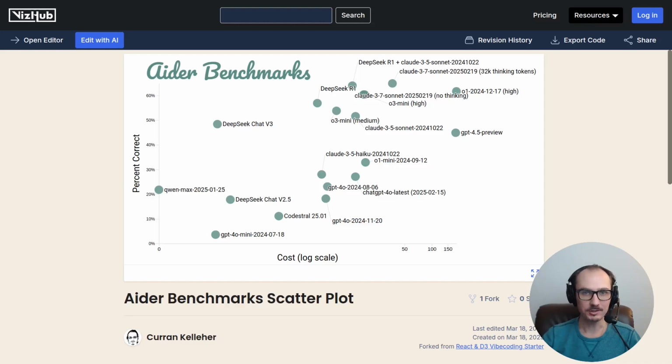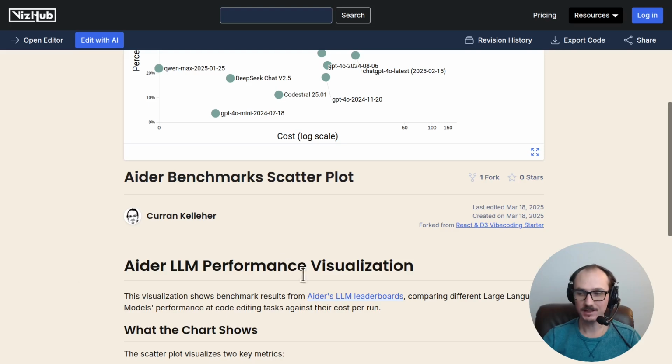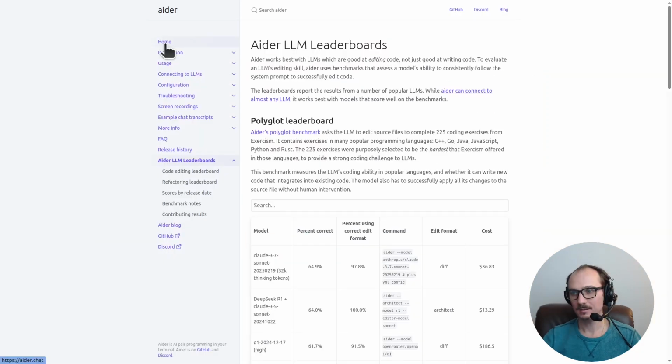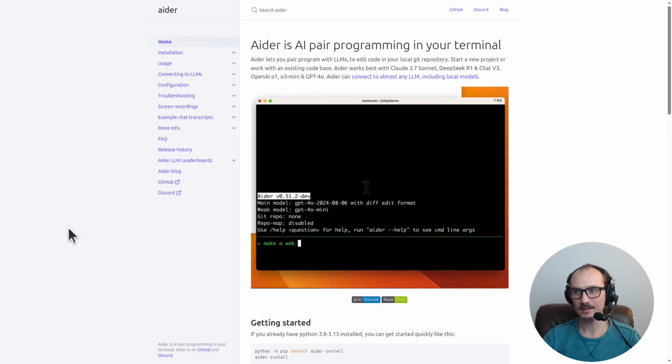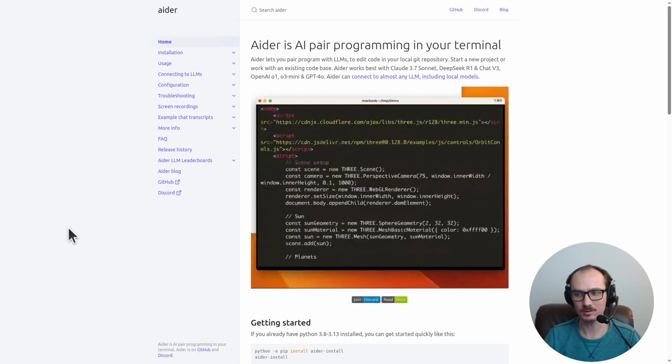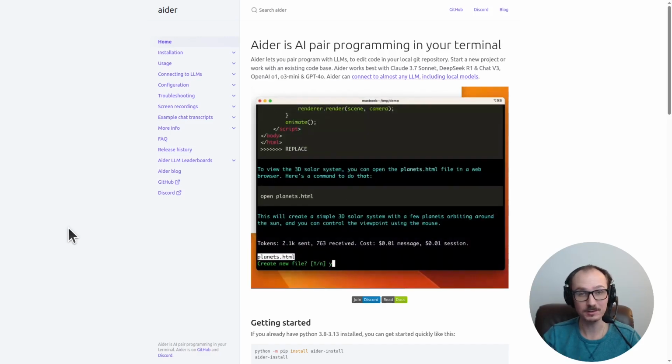This scatter plot shows the Aider benchmarks. It's the data from the Aider LLM leaderboard. And Aider itself, by the way, is an AI coding tool that's 100% open source. It's kind of similar in some ways to Cursor and Windsurf and these tools, but it's open source, which is